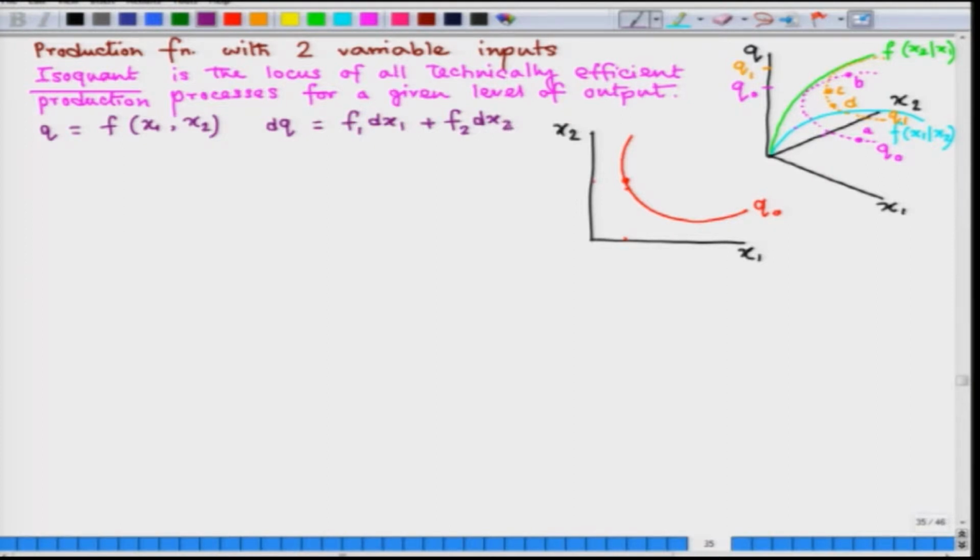Now, this item will become 0 because there is no change in the output value, as we are on the isoquant, and the definition of isoquant says that it is for a particular level of output. So, there is no change in output. So, we get